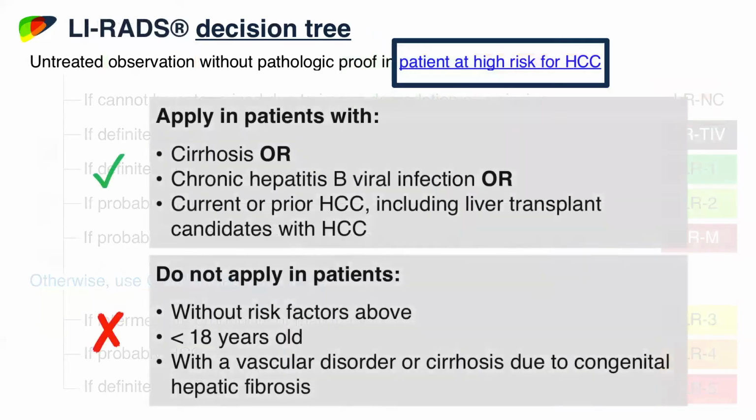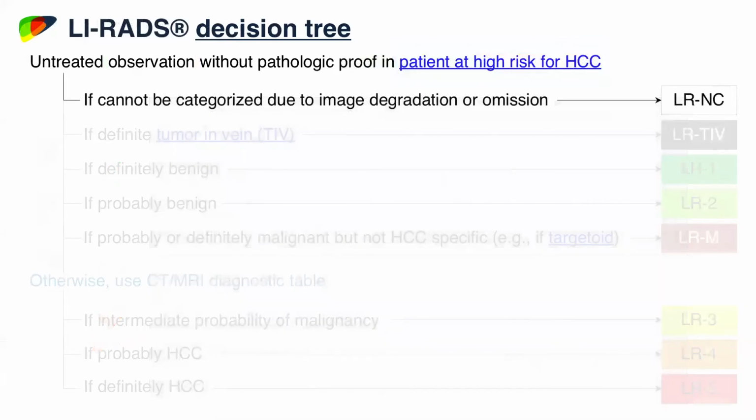What does that mean? Well, we've already talked about it. They either have cirrhosis or chronic hepatitis or current or prior HCC, and they must not be a child. They must have one of those risk factors, and we don't want to use LI-RADS in someone with Budd-Chiari. So if we don't have one of these things, then we stop. We don't use LI-RADS. So let's say these things apply, so we continue with LI-RADS, and we ask ourselves,